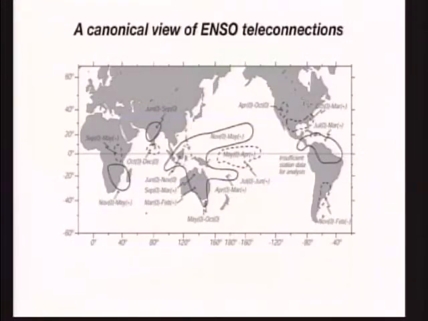Now, when we think of the canonical ENSO teleconnections to the monsoon region, we tend to think of this feature here that covers Indonesia into Australia. And in the canonical view, we don't tend to think of Southeast Asia. But